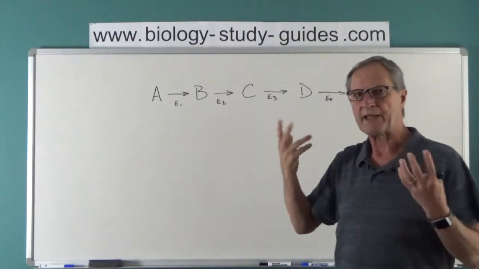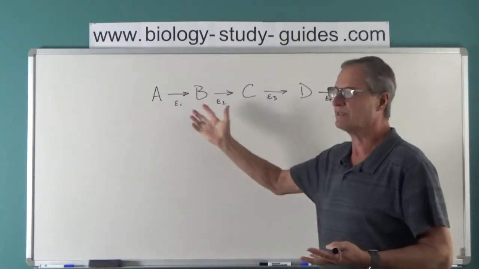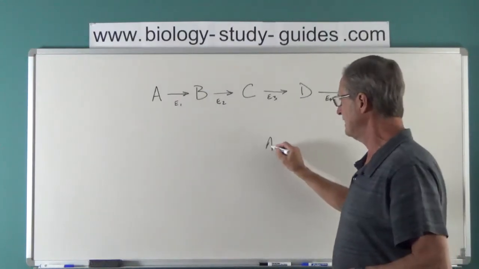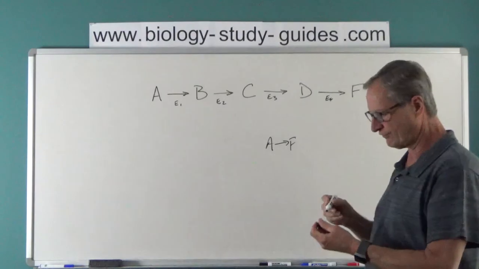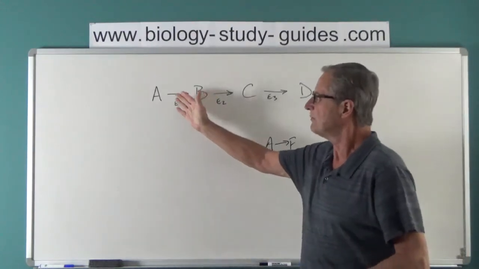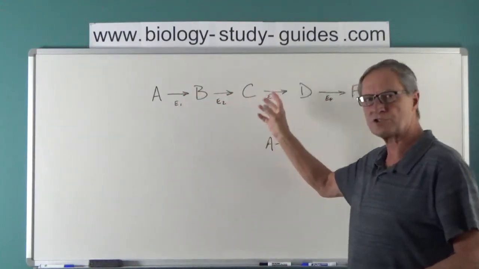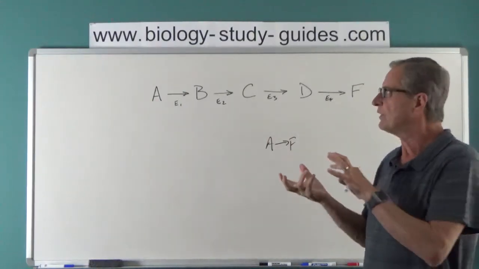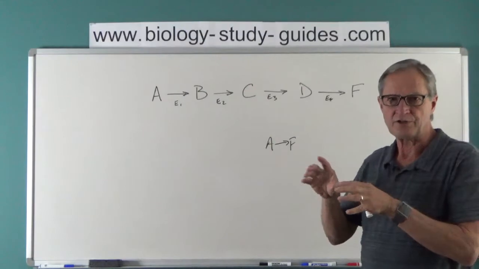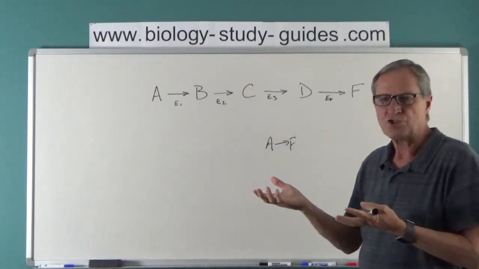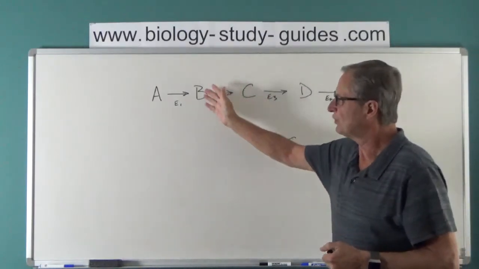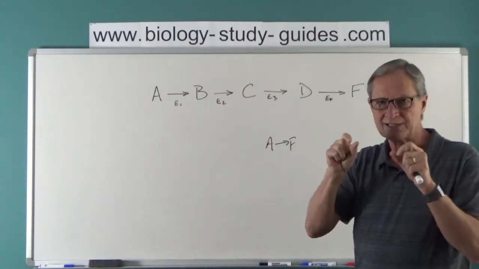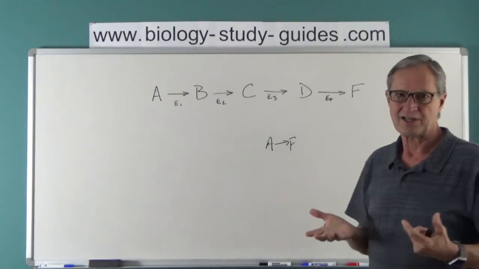And the big advantage of doing this, instead of just having a reaction where A gets converted directly into F, is that by having small sequential steps, any large energy changes are eliminated. There's no big heat changes, there's no big product changes. The molecules are changed sequentially and a little bit at a time,